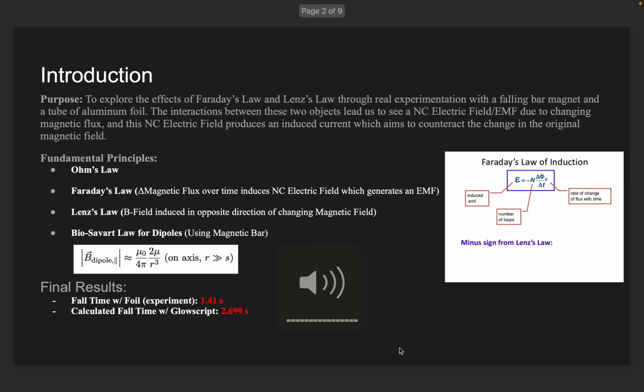So the purpose of this lab was to explore the effects of Faraday's law and Lenz's law through real experimentation with a falling bar magnet and a tube of aluminum foil. The interactions between these two objects led us to see a non-Coulomb electric field and induced EMF due to changing magnetic flux, and this non-Coulomb electric field produced an induced current which aimed to counteract the change in the original